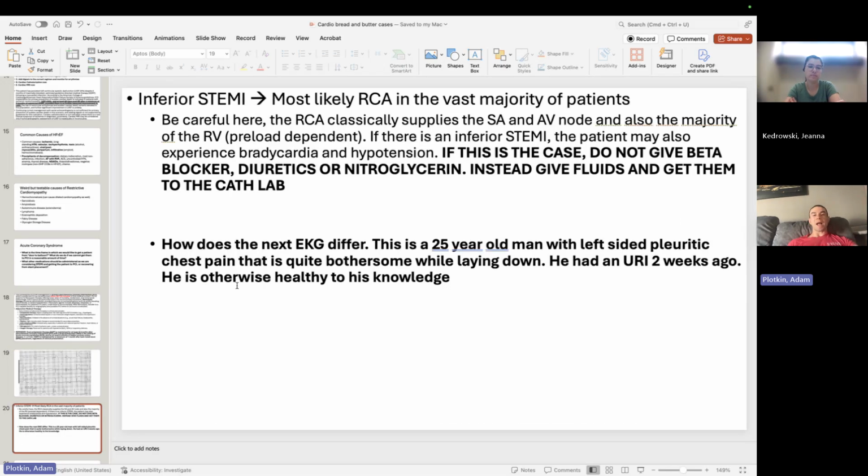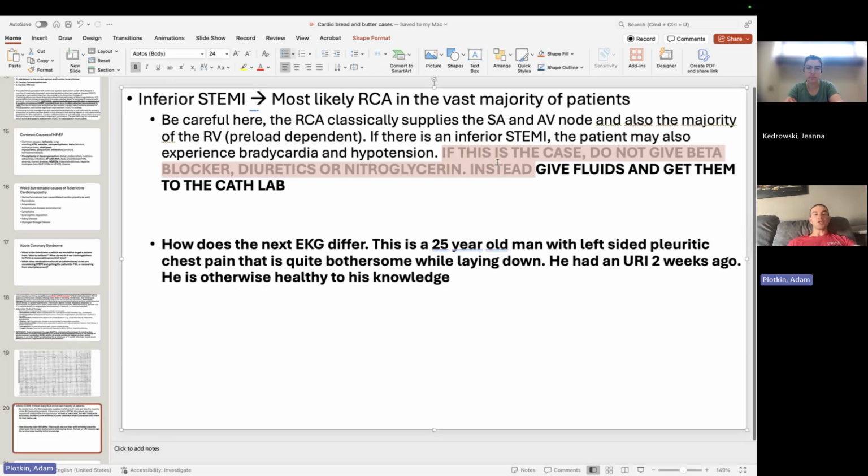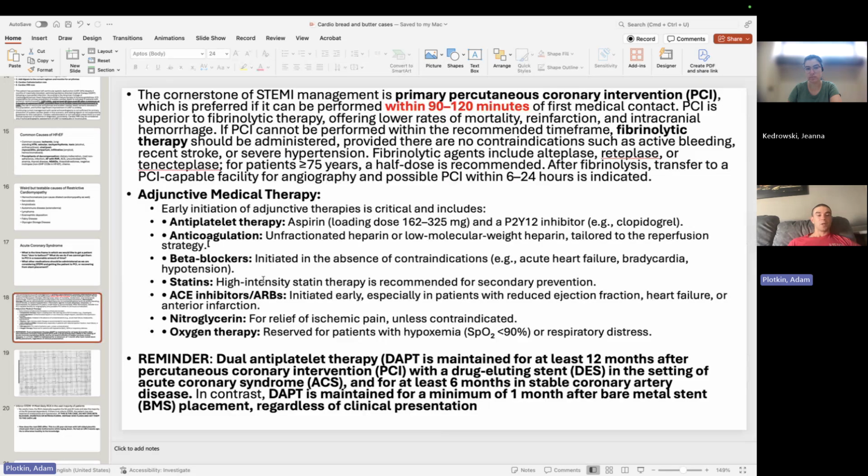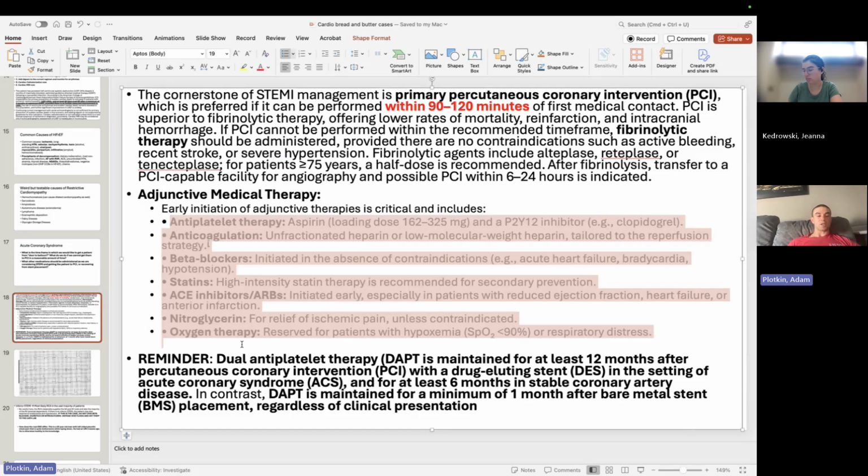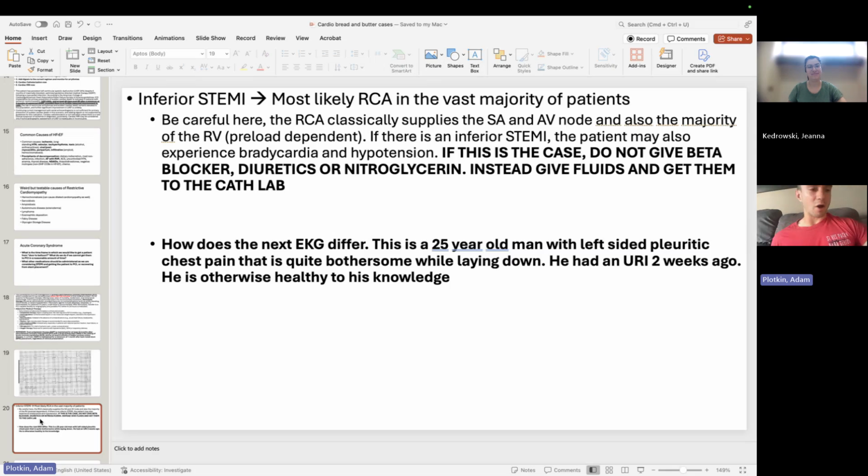And so the reason I brought this up is because if you see bradycardia and hypotension in the patient, everyone always remembers the MONABASH, which is exactly these drugs we talked about here. These guys here that we talked about. And they've memorized the Anki card, and they're just like, all right, anytime a patient has a STEMI, I just MONABASH them and we send them to the cath lab, right?